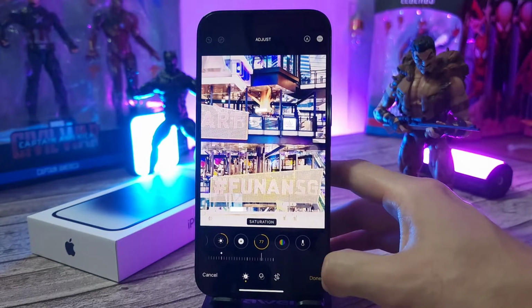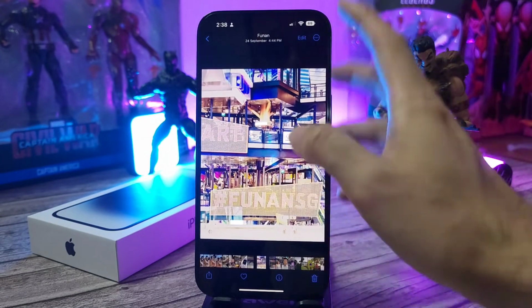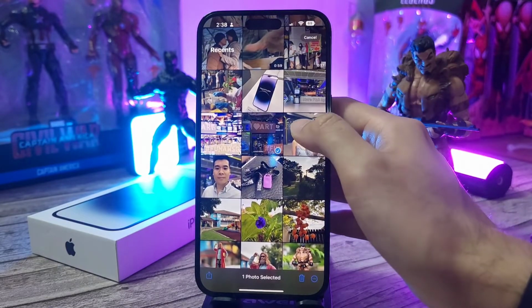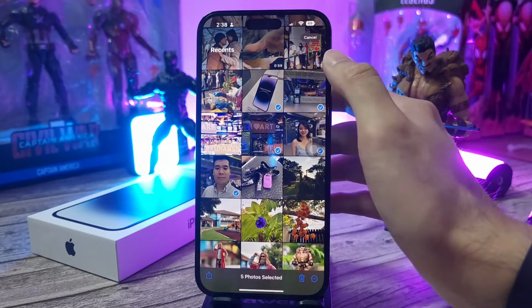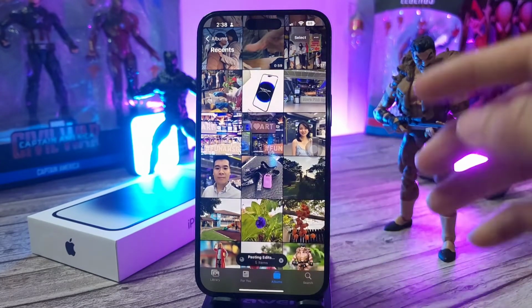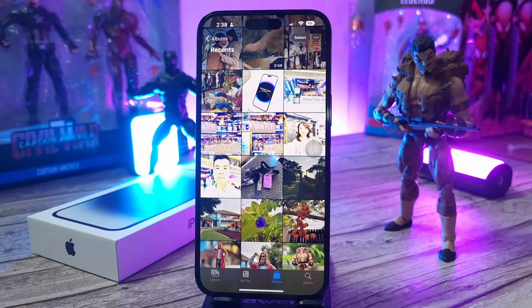And then, once that is done, you want to select a few of these images, so like here, and what you can do right now is paste those edits. So once you have done that, as you can see, all these images as well would have the same edit